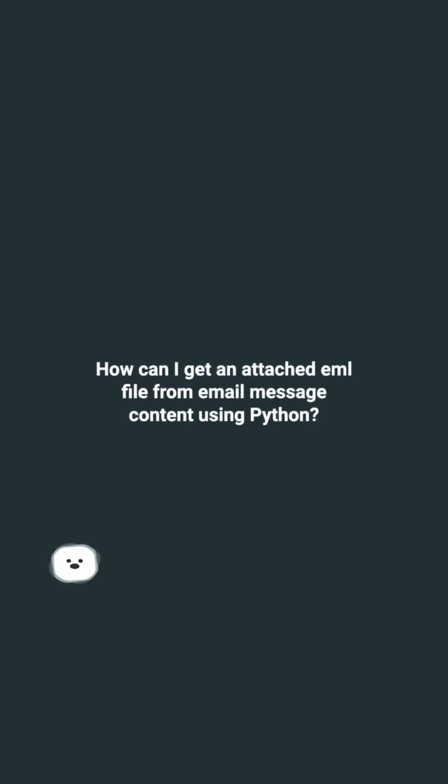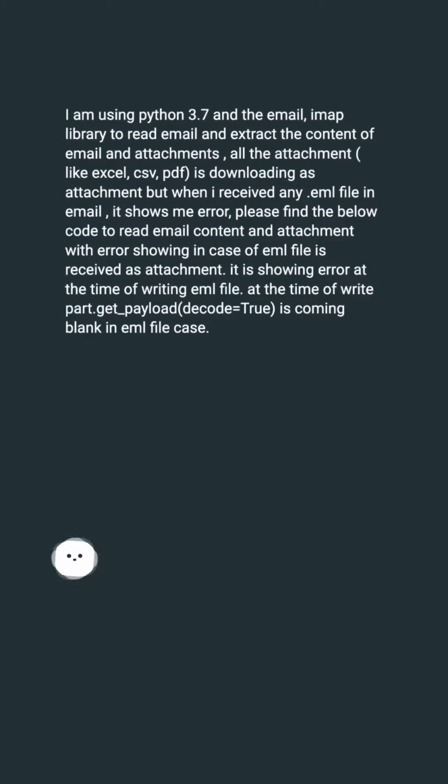How can I get an attached EML file from email message content using Python? I am using Python 3.7 and the email and imaplib libraries to read email and extract the content of email and attachments. All the attachments, like Excel, CSV, PDF, are downloading as attachments, but when I receive any .eml file in